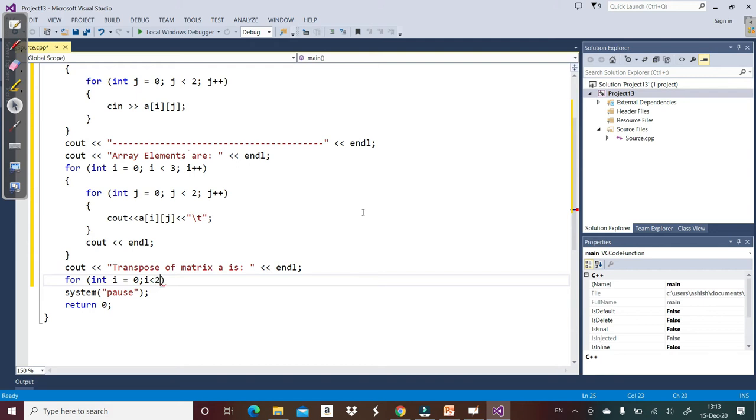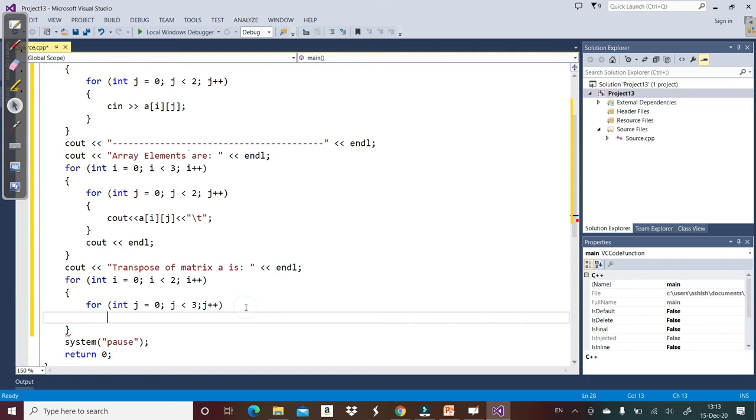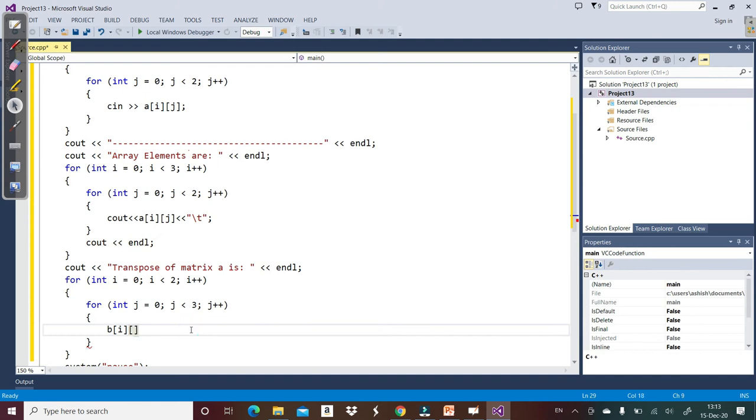So i less than 2, i plus plus, for int j equal to 0, j less than 3, j plus plus, and B[i][j] should be equal to A[j][i].